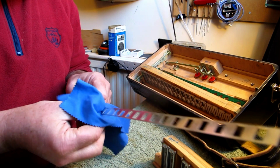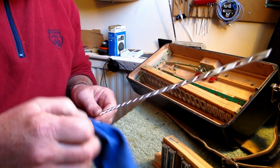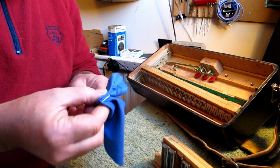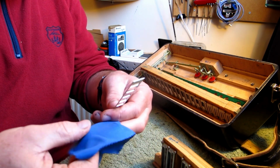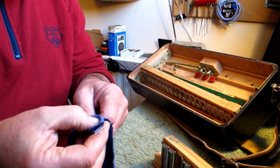I'm just going to get rid of any dirt, just make it really shiny without getting any moisture on it. So let's give that a little bit of a polish. Now the important thing here is not to bend it. They're very, very delicate. They can be easily